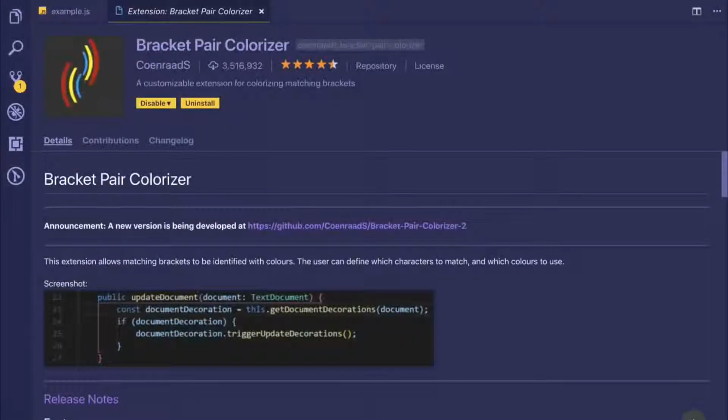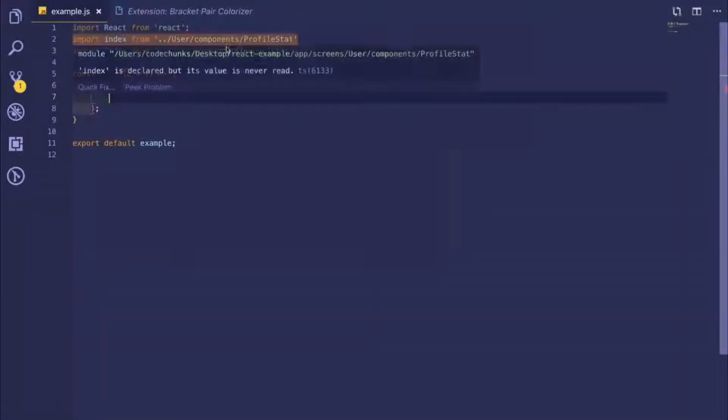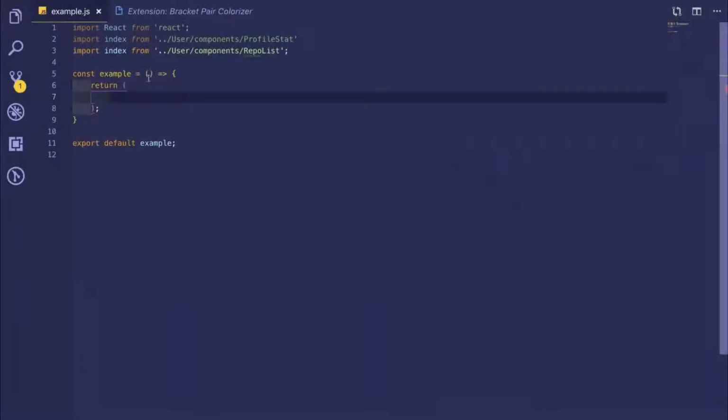The next extension is called bracket pair colorizer. Now, this isn't really necessary or needed, but it just makes it easier to read code, at least for myself. Now, I'll show you what that does. So any bracket that you have, so parentheses or curly braces or a square bracket, it'll colorize that for you. And so, right now it doesn't seem that big of a deal, but once you start nesting a lot of them,